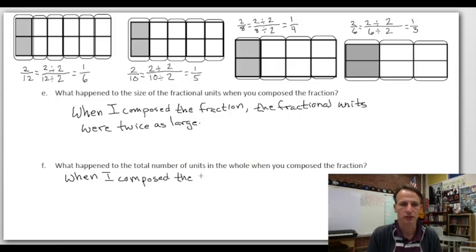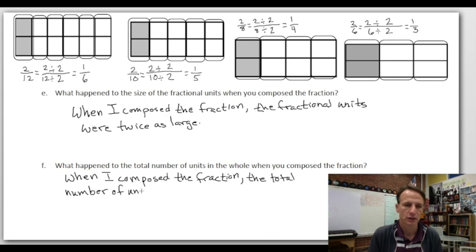And don't skip this. Write a complete sentence. Make your teacher oh so happy. It's worth it. You're spreading happiness in the 10 seconds it takes you to write that. When I compose the fraction, the total number of units